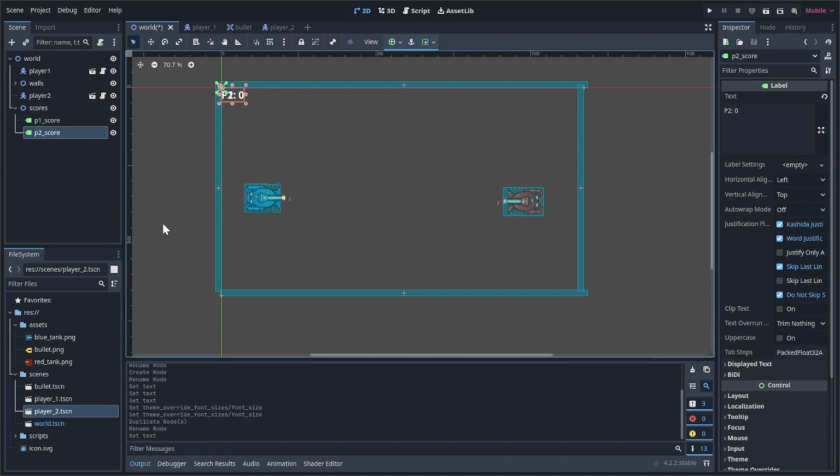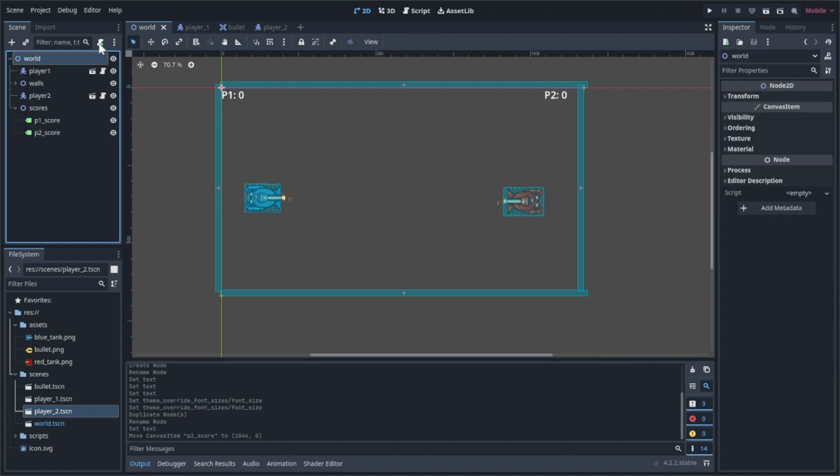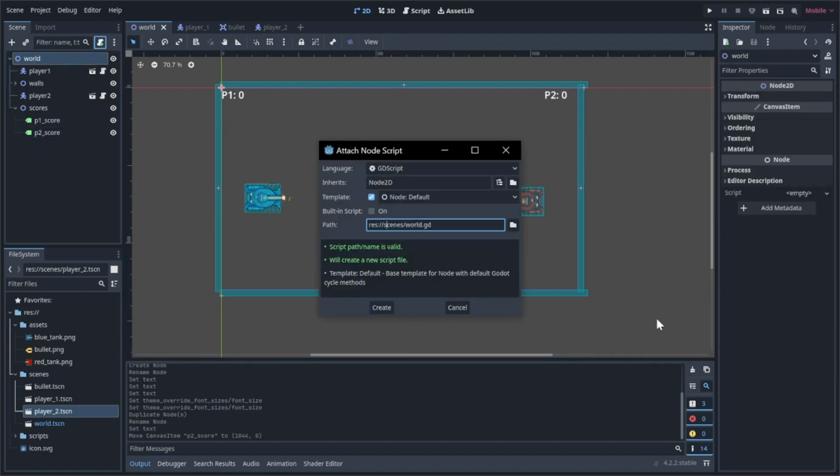And now while selecting this, I'm going to hit W for move, and while holding shift I'm going to put it somewhere over here, just giving a bit of space so that if this goes into the double digits, it's not going to go out of the screen. Now hit save. Now I'm going to go back into the scripts. I'm going to create a script on the world which is going to handle incrementing each score. So I'm going to go over to world, add a script,